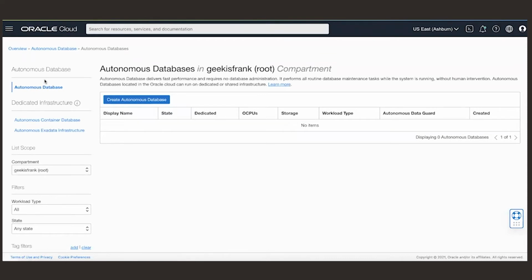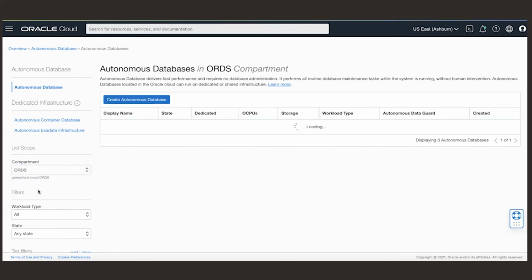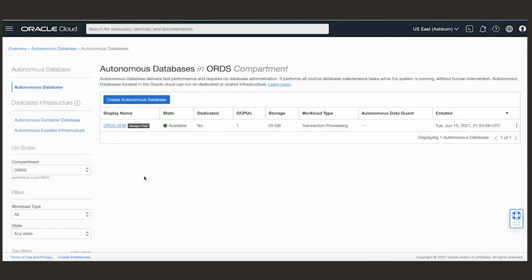Here we are on the Autonomous Database page. So the first thing before we create a database is that you have to specify a compartment. A compartment is like a resource unit location in OCI. So here I created some. The first one is called management compartment for PaaS. The other is called ORDS. And then if I click ORDS, as you can see here, I already have an Autonomous Database called ORDS ADB provisioned. And on the right-hand side, it says Always Free, so it does not charge at all. But you can always create an Autonomous Database by yourself.